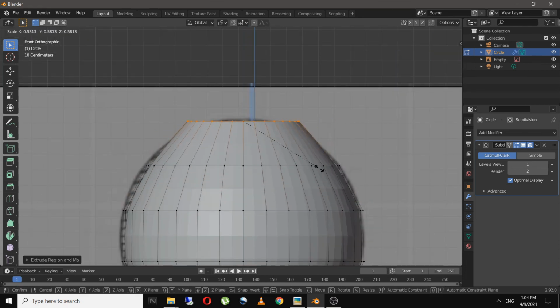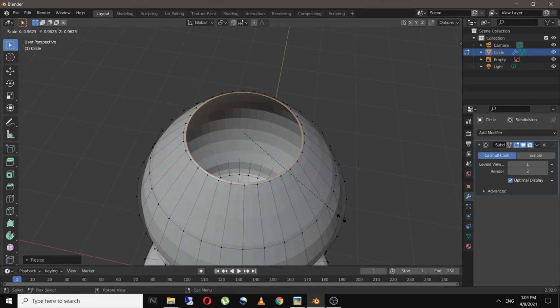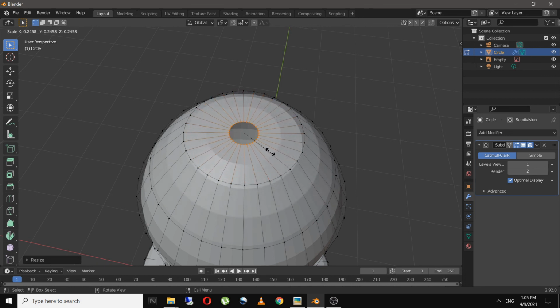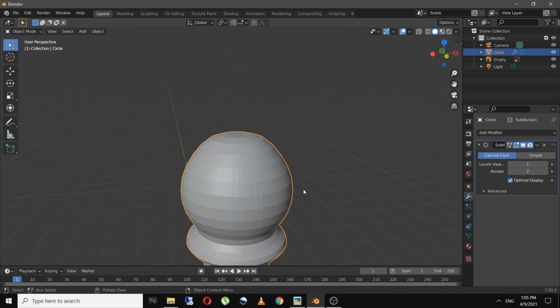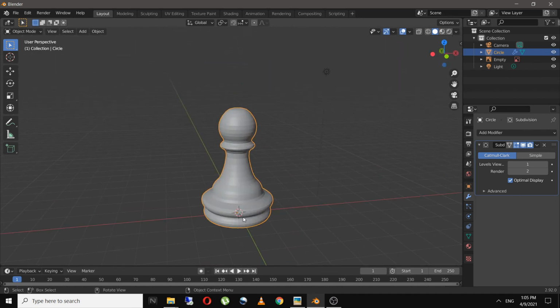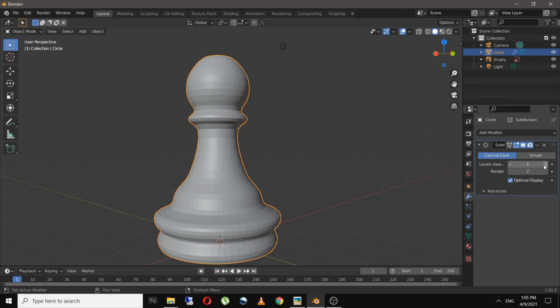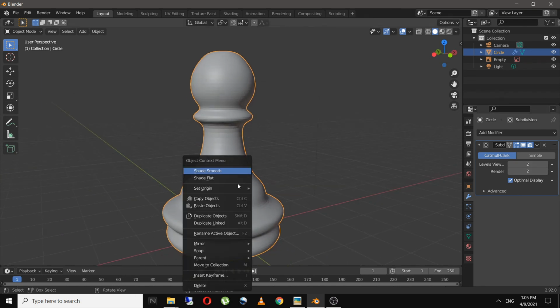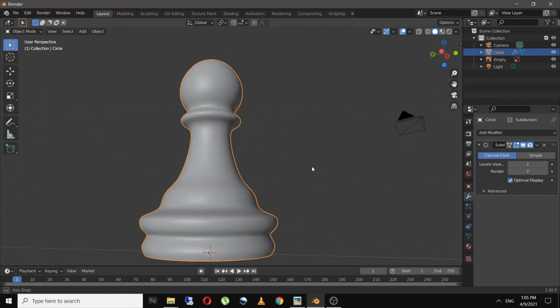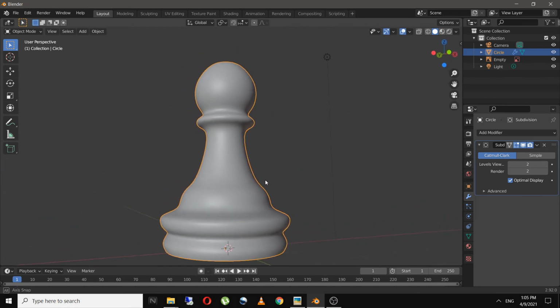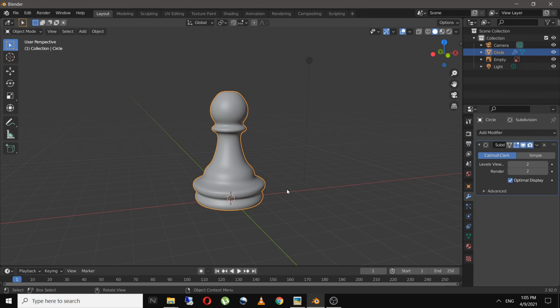And now to close the top of the mesh, I will scale it somewhere like this and press F to fill. As you can see, we have a good looking pawn of our chess, and if you increase the level over here and shade it smooth, it will look much better. So this is how a subdivision surface modifier works.